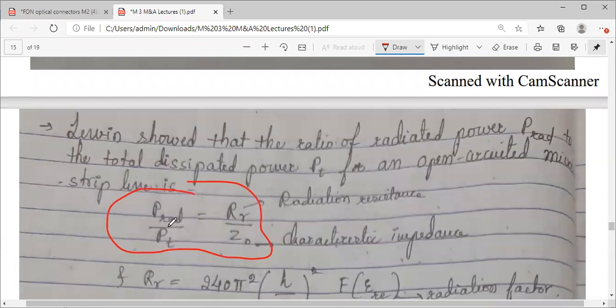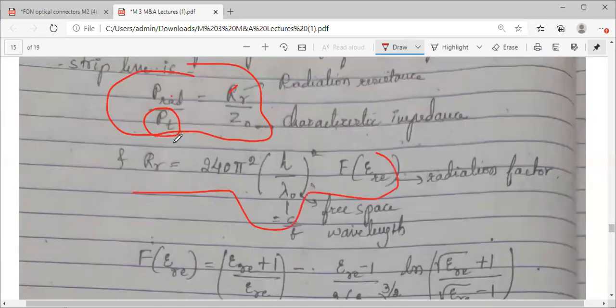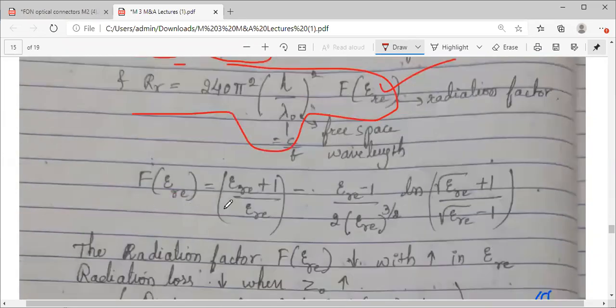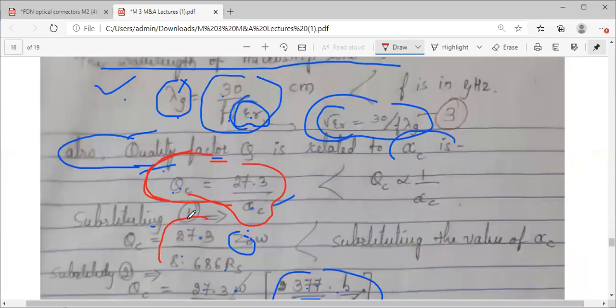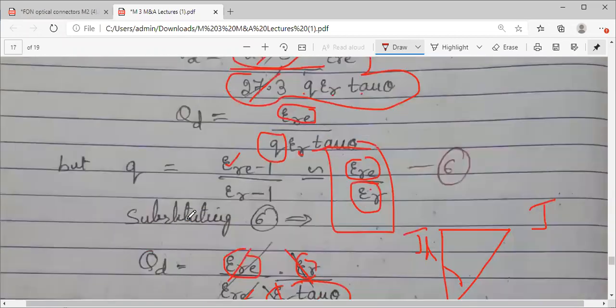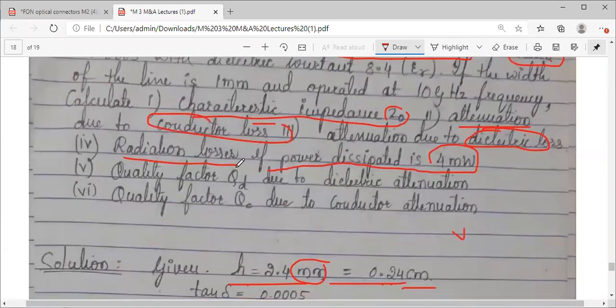Okay. So one power is given to you. You need to calculate RR. RR equation you know already. For this F epsilon value, you have to calculate the interlinking. So this is a bigger question. So the fourth one is unknown to you. Please calculate this radiation loss. So for radiation losses, you have to go back to the theory part. What all equations are listed? They are linked one inside the other. You have to go back and calculate each term, substitute, resubstitute, and you will get the answer.